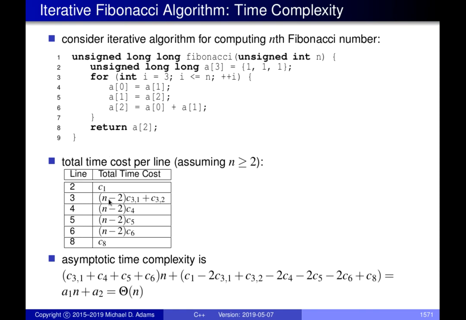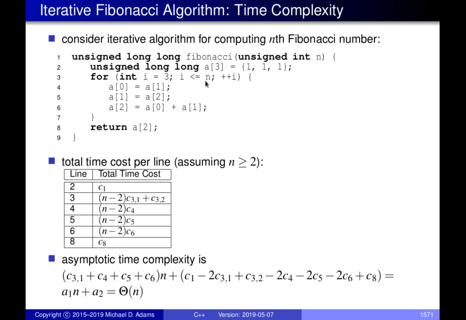Loops typically have two parts. There's a fixed cost that you incur even if you don't loop, typically initializing a looping variable or something. And then you have stuff that happens every time through the loop. So we have to be careful to account for this correctly. The loop is actually going to be iterating n-2 times, assuming that n is greater or equal to 2. So we're going to loop n-2 times, and then the cost of doing things in the loop, if we look at what's happening inside the loop,